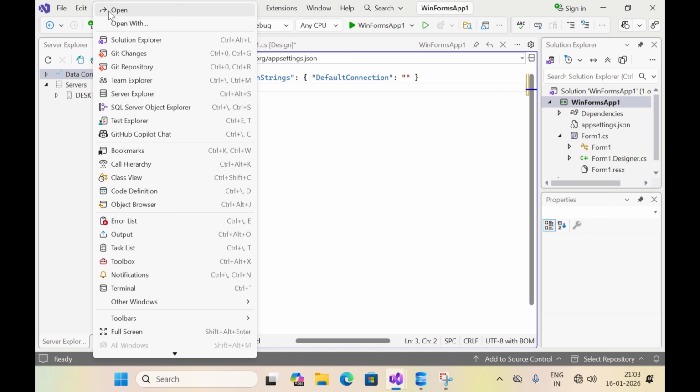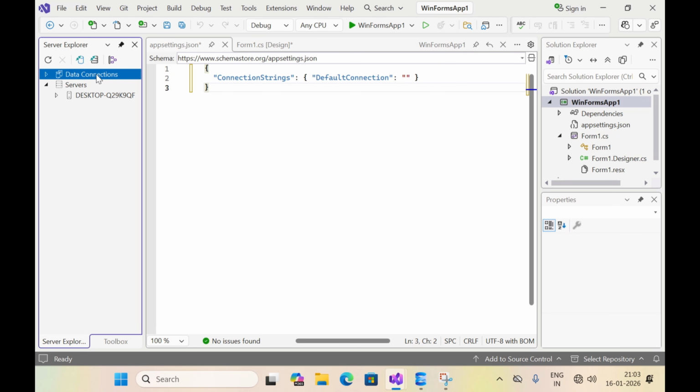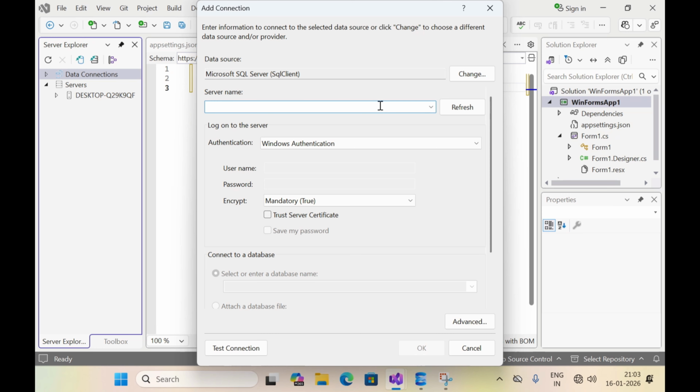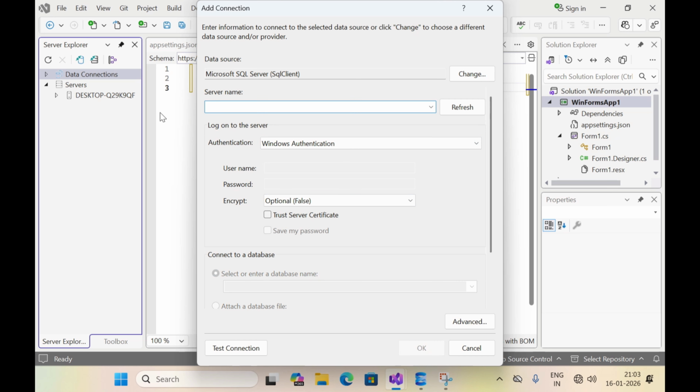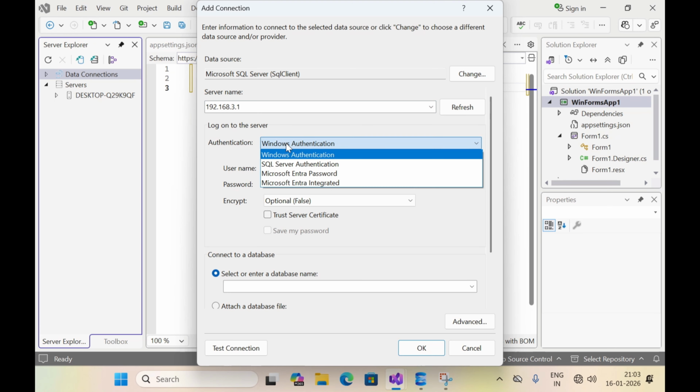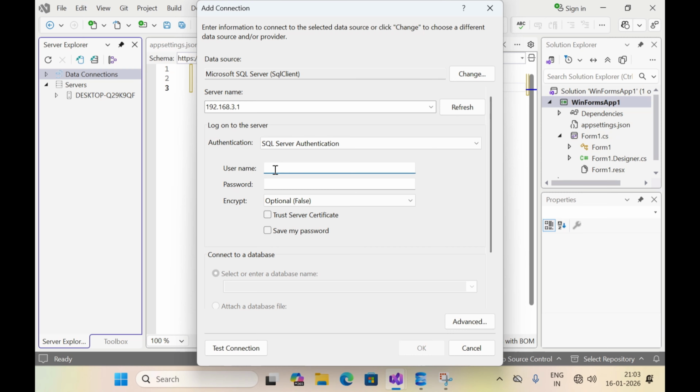So View, Server Explorer, select the data connection, right click, then click on add connection. If you are using SQL Express, then type here /SQLExpress and change this encryption to optional and select the database. If you are using an IP address, that is, your server has an IP address, then simply type the IP address of the server and change the authentication to SQL Server authentication and provide the username and password and select the